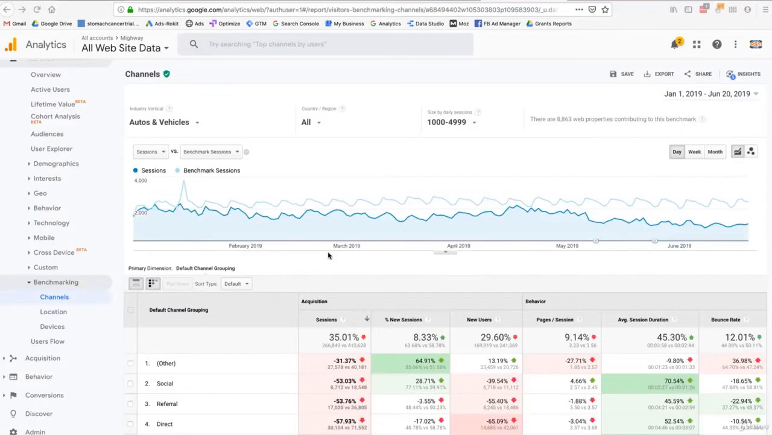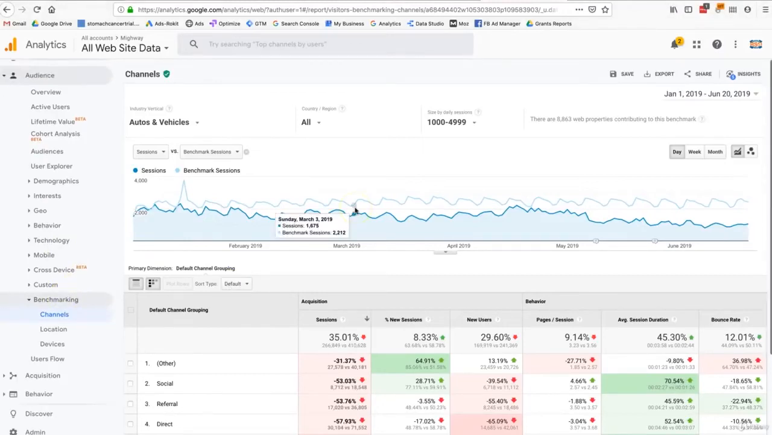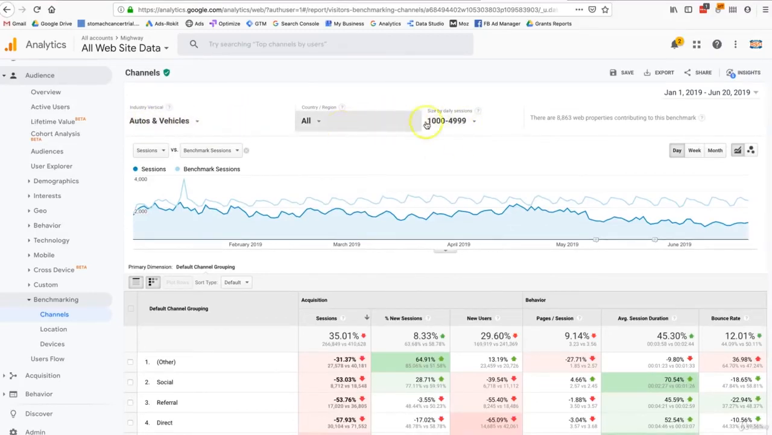So let's turn our attention to Google Analytics, because in Google Analytics, under Audience, I can go to benchmarking, and basically the benchmarking reports allow me to see what the industry as a whole is doing compared to my own website. Now, the caveat here on this particular report is that it's all anonymous data, so I can't exactly see what competitor is doing what in this report, but if I hone in on my industry, in this case autos and vehicles,